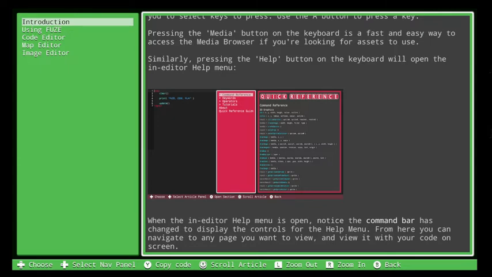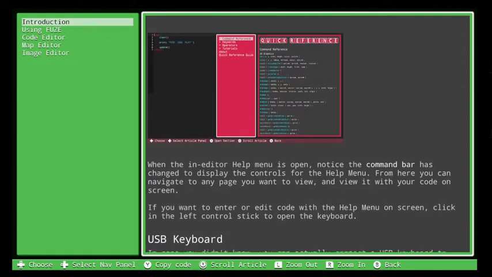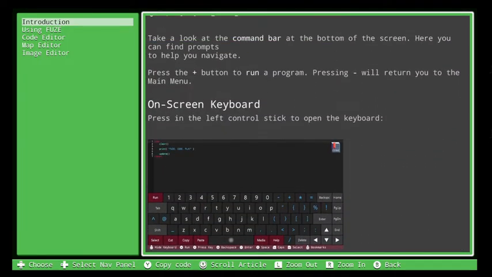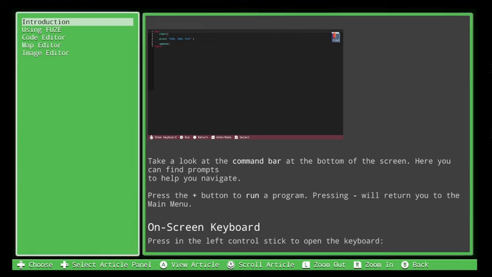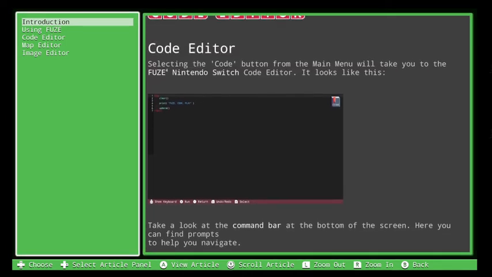Numlock. Page down. Pause break. No idea what that does. There's no help. Anyway, I'll figure it out. Okay, so